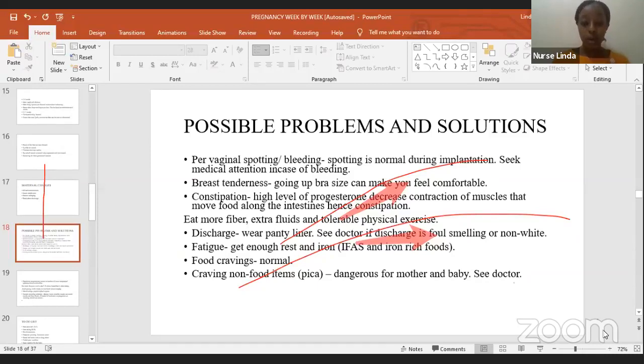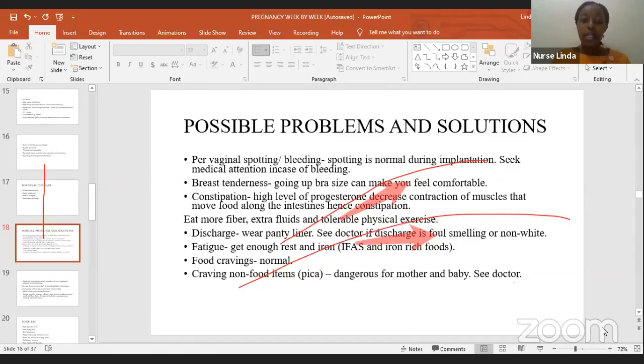So spotting is normal during the first weeks of pregnancy, because during implantation, we have the embryo trying to get into the wall of the uterus. And as it tries to dig in, there could be very mild bleeding that will result in spotting. That is very normal, and it doesn't spot for long, just a day or two. But when it comes to bleeding, that becomes a danger sign. We do not expect any bleeding in pregnancy. So any woman who experiences bleeding at any stage of pregnancy should seek care.